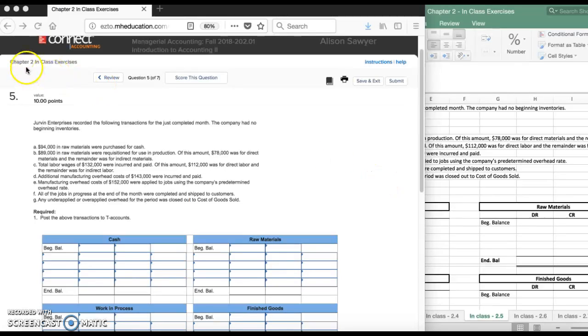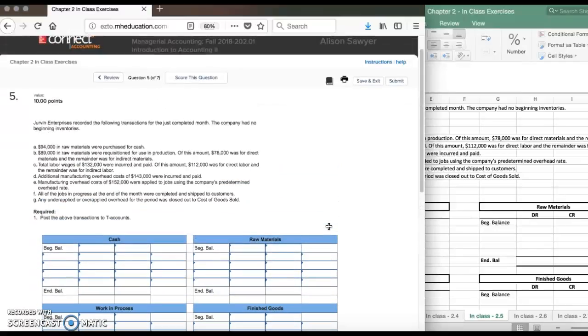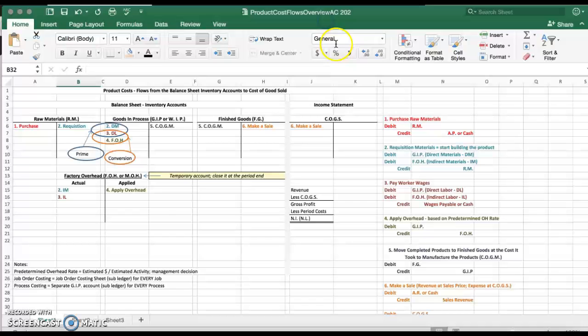So this is chapter 2, in-class exercises. We're on number 5. So this looks like lots of journal entries. So before we get started, I'm just going to do a quick review of how our journal entries work for